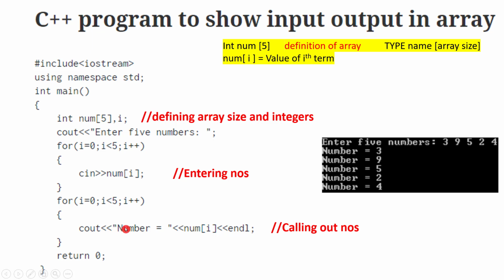So in the first loop, number is equal to will come. So number[i]. The number is stored in the 0th position, that is 3 will come first. Then it is incremented by 1. Again it comes to the main control. Then i changes to 1. Then number is equal to, in the first position, 9. So this will be continued. You see, an endl is here. That's why we are getting every new number in a new line. If there is no endl, all will be printed in the same line. So this is the procedure.